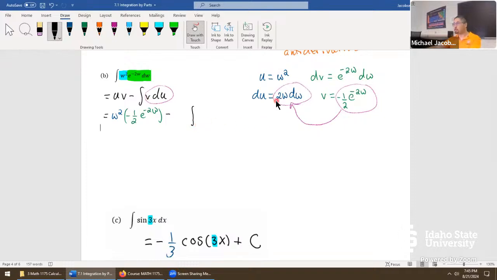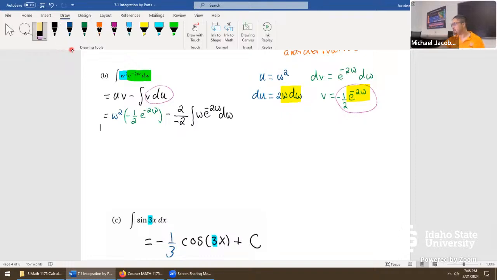I typically, on the notes, will take this 2, put it out in front. And this -1/2 multiplies it, so there it is, a -2. I'll resolve all the constants like this so that we just focus on the function itself without the constant. So everything highlighted in yellow still multiplies in. And now we have a w, e^(-2w),